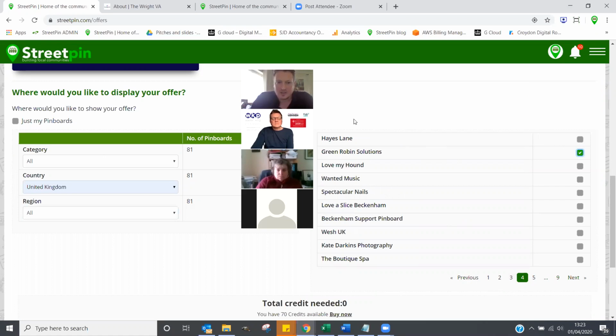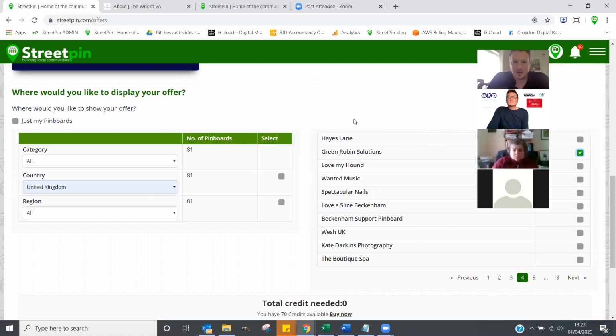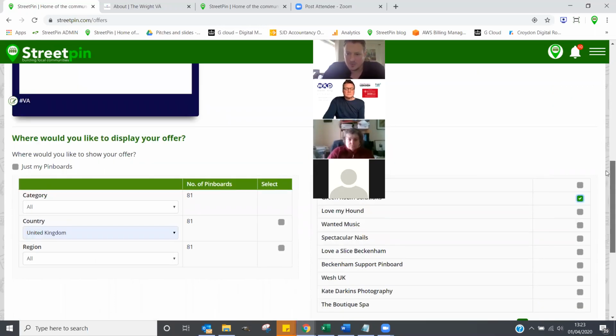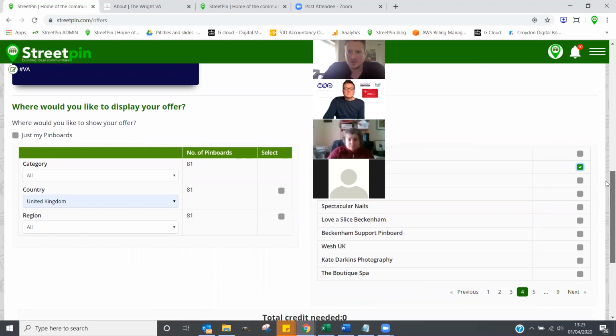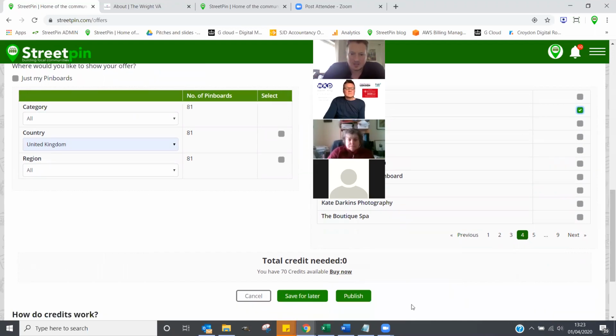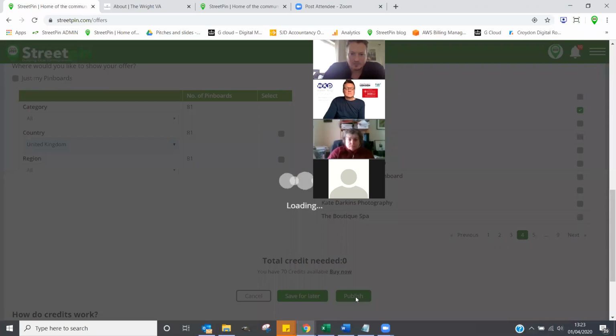So if I click on that, I don't know where to put this one now. So Green Robin is selected underneath there. And at the moment, Green Robin is still owned by Streetpin. So as soon as Robin signs up, I'll assign that over to him. But for the moment, it's still with me. So I can put this on there as classed as one of my boards, so I don't need any credit. So if I create this and publish it,